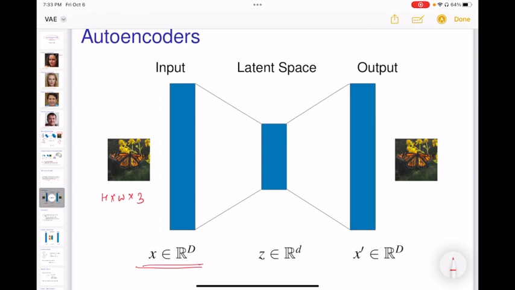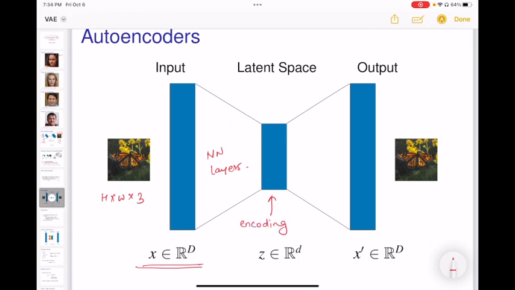So we have images like that, and then we pass them through a bunch of transformations, which are done through neural networks. So you pass them through a bunch of neural network layers, and then we get a compressed representation of the same image, right? So we have an encoding